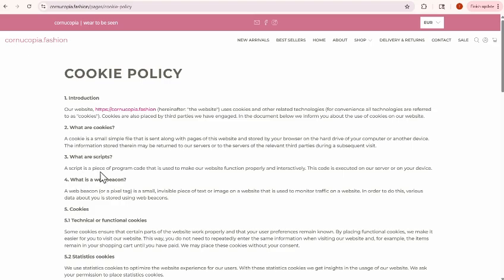So here we actually do have some definitions. I think that's really excellent, particularly the Web Beacon one. There are third parties that facilitate insights being collected by organizations on how their consumers shop or access their website. I think something that would be valuable here is making sure that it is abundantly clear that this cookie policy only applies to the website. I don't know if there is an application, but that would be valuable to know too.